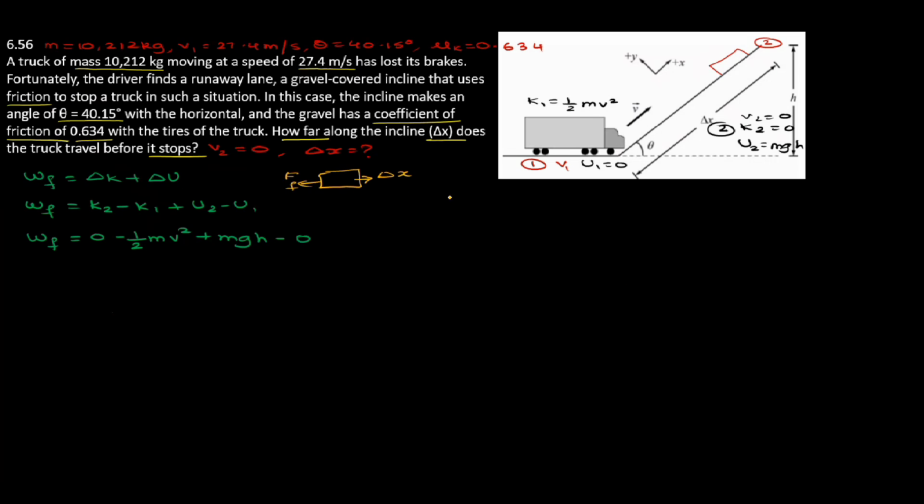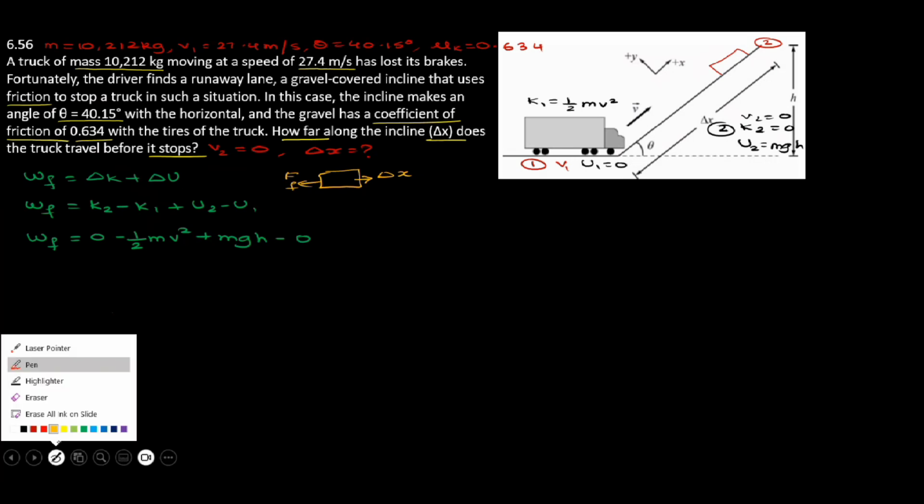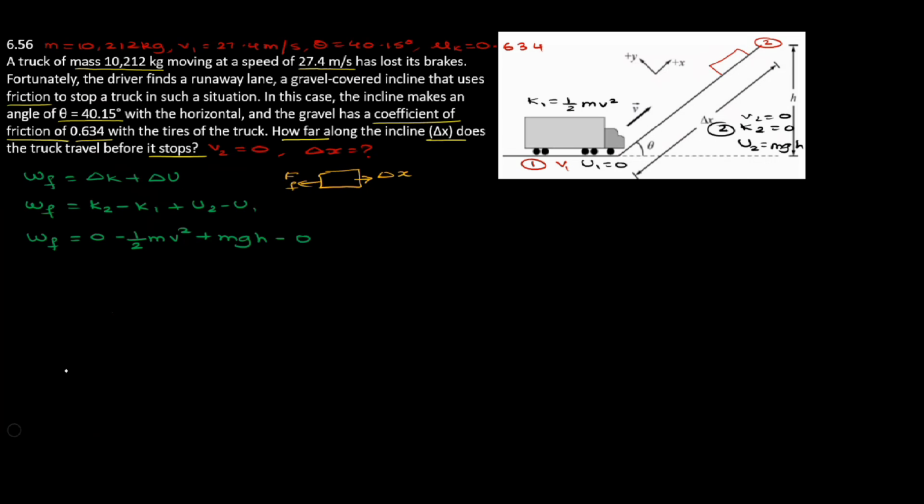And since the force and displacement are opposite in direction, work done by the force of friction is negative. So when I substitute for the work here, I have to take the work by the force of friction to be negative. So let's write the work as a product of force times the displacement. I will write negative force of friction times the displacement equals negative half mv squared plus